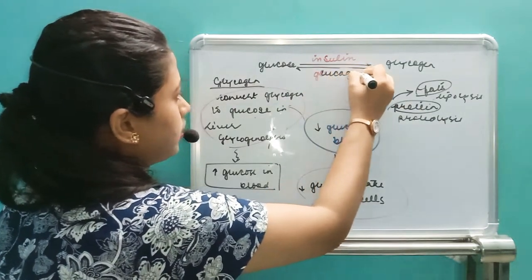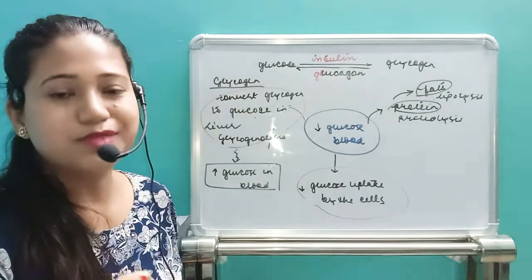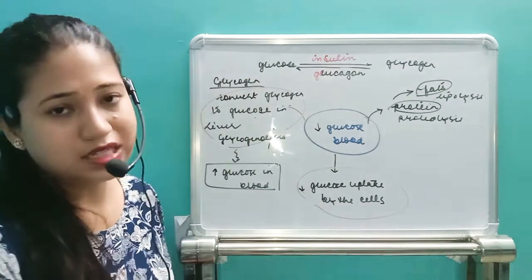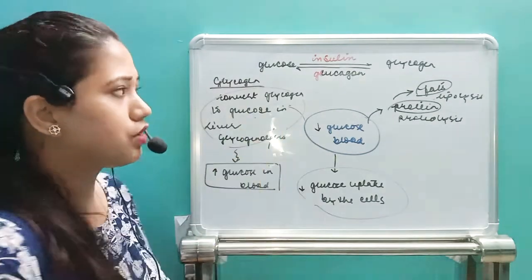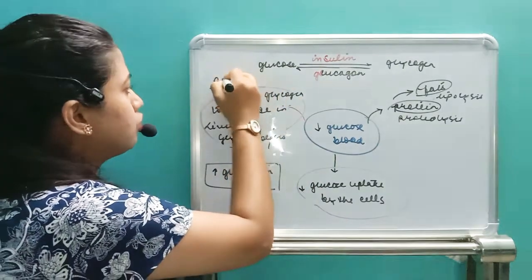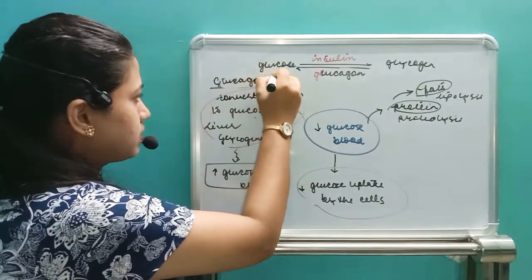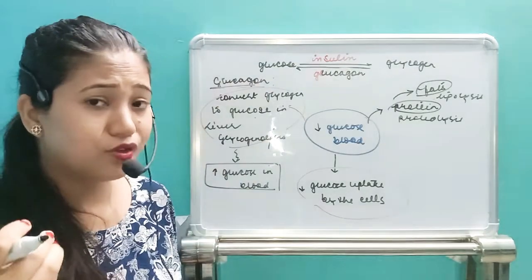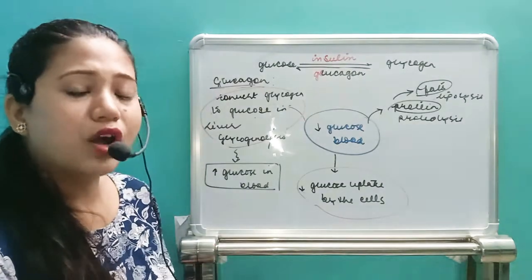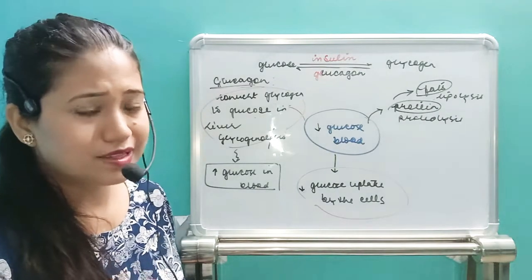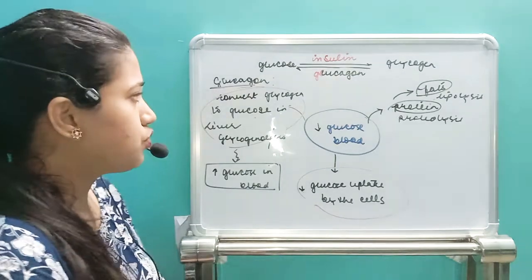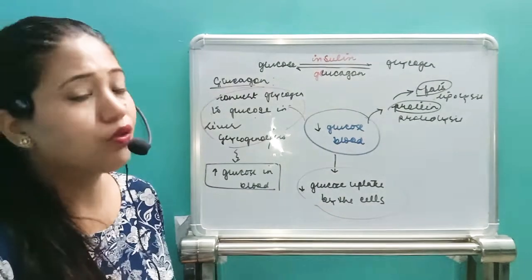Okay, so there are two hormones released by the alpha cells and beta cells. Alpha cells release glucagon and beta cells release insulin. So glycogen will be converted to glucose by glucagon. So this is the function of glucagon. This was my mistake, you just correct it, I was meaning the same thing. So this is glucagon, which is released by the alpha cells, which will convert glycogen to glucose and increase the blood sugar level. So this is how insulin and glucagon work.